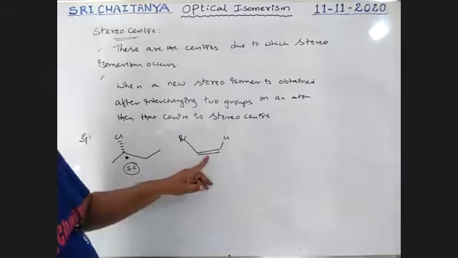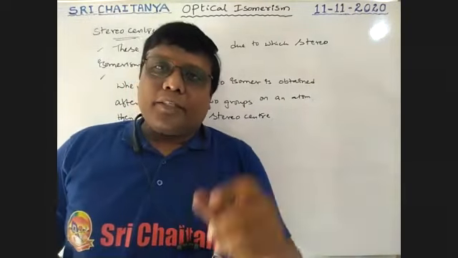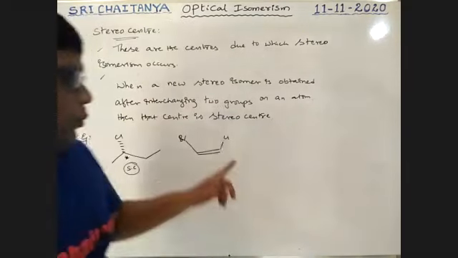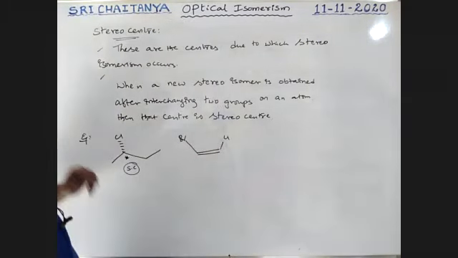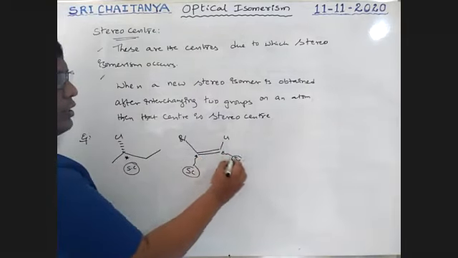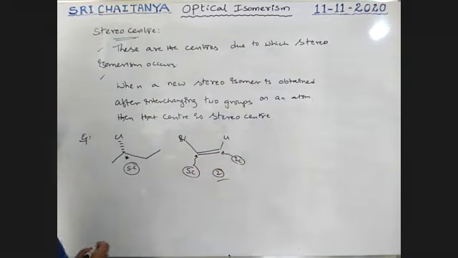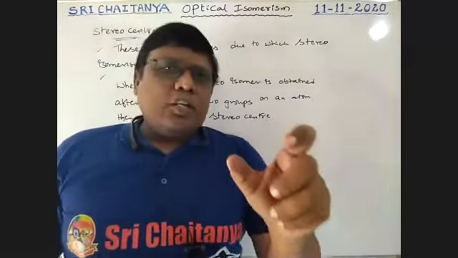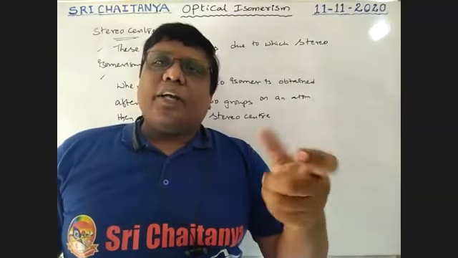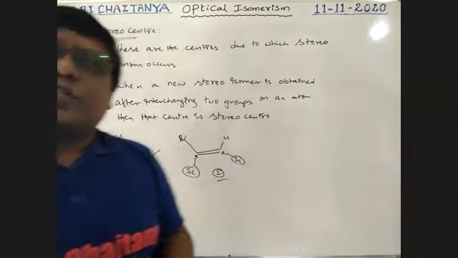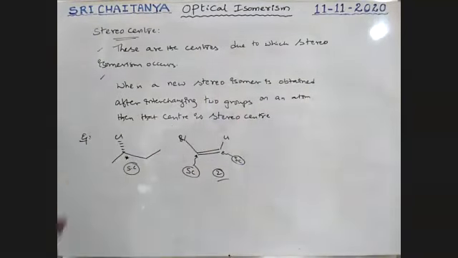This double bond in carbon explains cis-trans isomerism. That is geometric isomerism. Both the carbons are stereocenters, so it has two stereocenters. That means both geometric isomerism, that means double bond and chiral center. A double bond gives two stereocenters, and one chiral center gives one stereocenter. Those are considered stereocenters, which explain both optical isomerism and geometrical isomerism.